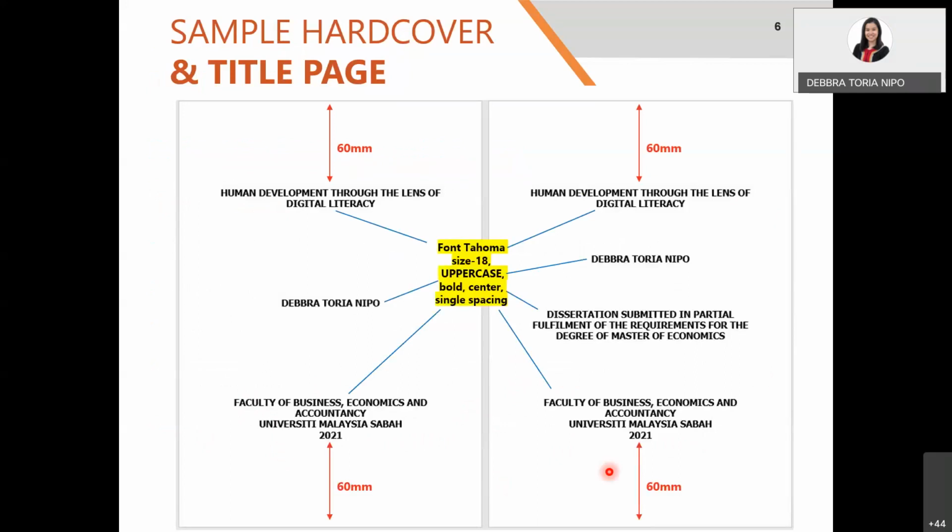Now this is the sample hardcover and title page. On your left here is your hardcover page, and on your right is your title page, the page that comes after your hardcover. Notice that in both pages, the top and bottom margins are 60 millimeter from their edges. And the text, which is your title, your name, your faculty, university, and the year, should be typed in font Tahoma size 18, uppercase, meaning all capital letters, bold, center, and